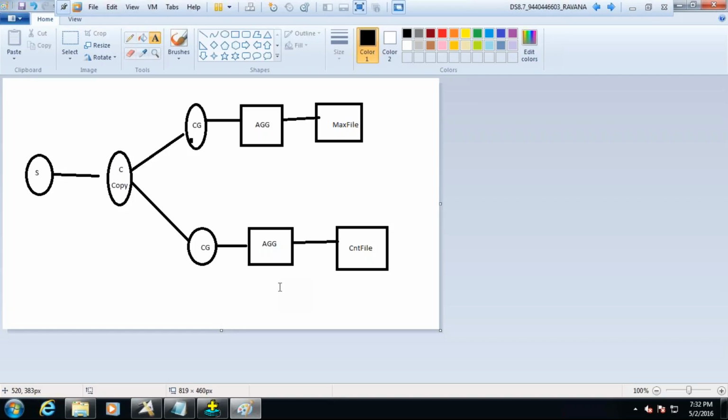Just think, can I do anything for a better design? I think, for maximum files, sir, we don't need the column generator, because we're doing the calculation.